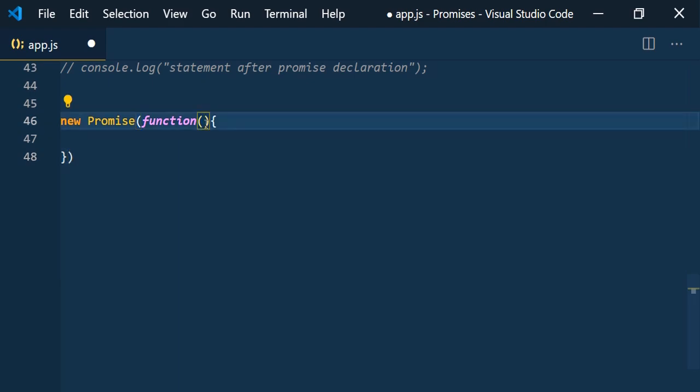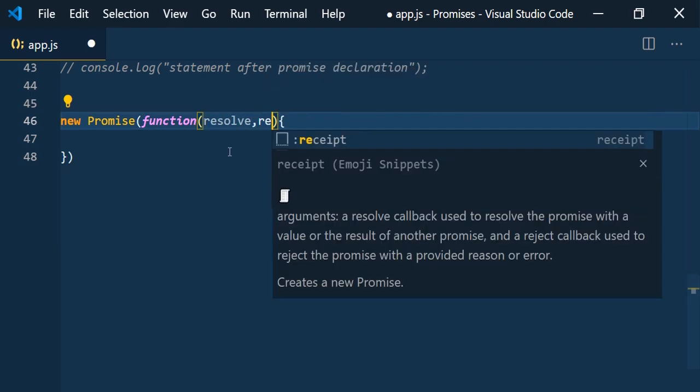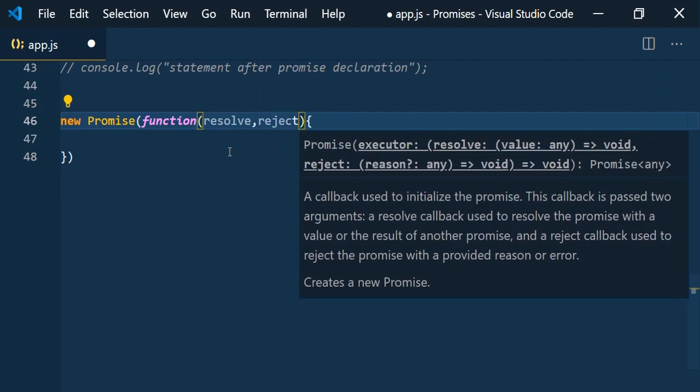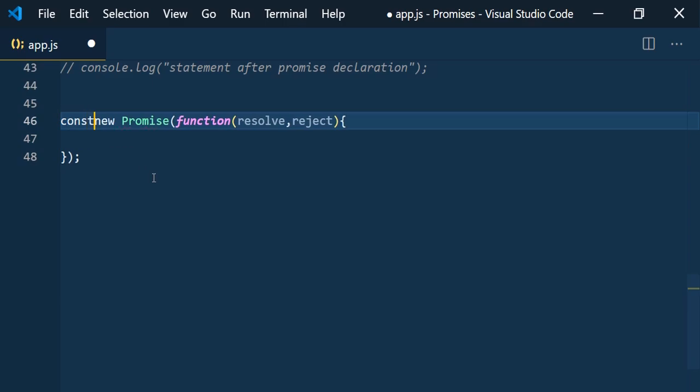And again, this executor will take two parameters: resolve and reject. You can see the definition here. Resolve is nothing but a function, and reject is again nothing but a function. So that's it. Let us save this promise into a constant variable called promise.